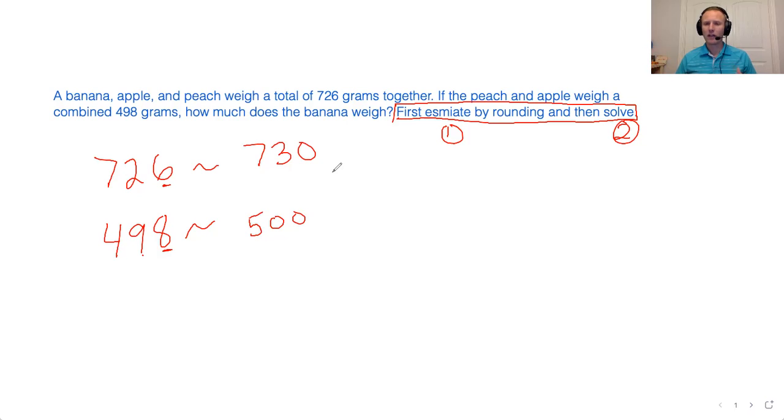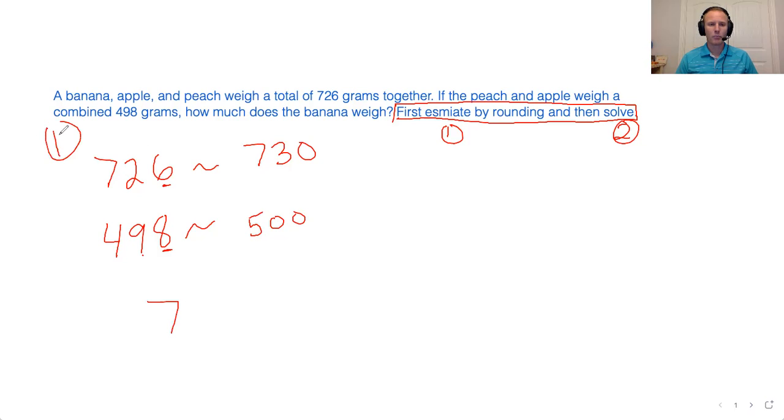And something that happens in class a lot is sometimes you guys will get in a situation like this and you'll just round them and you'll stop. But that's not what it wants you to do. It's not just asking you to round them. It wants you to round them and then find the difference or do the subtraction in this case to get an estimate. So we're saying that altogether these three things weigh